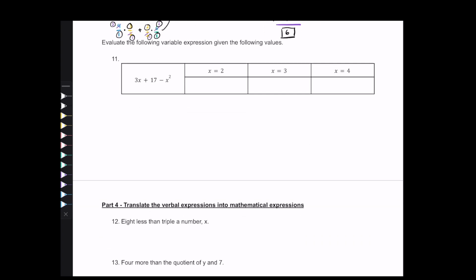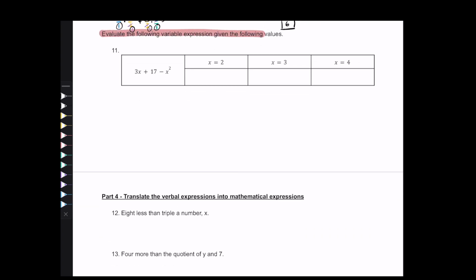Okay, so let's try one more type of problem where we're dealing with variable expressions. So we've got to evaluate the following expression given the following values. So we're going to take this expression right over here, and we're going to take turns substituting in each of these. So I'll use a different color for each one, but let's start off with saying x is equal to